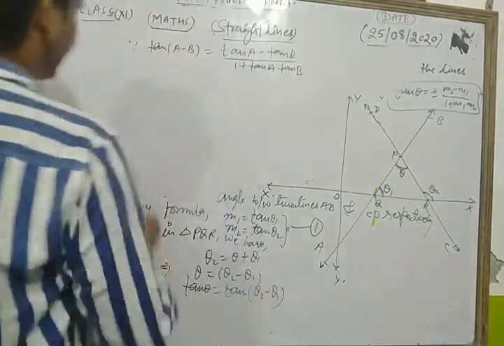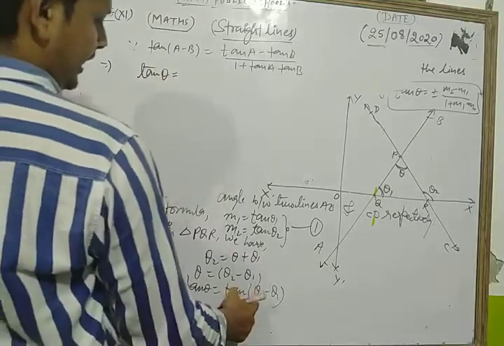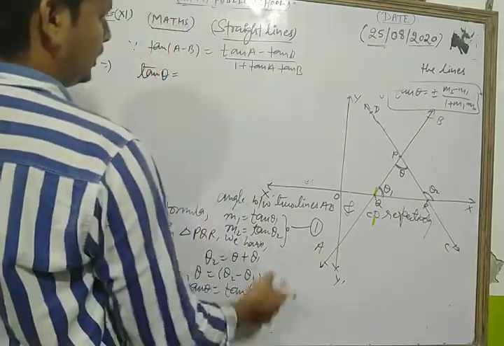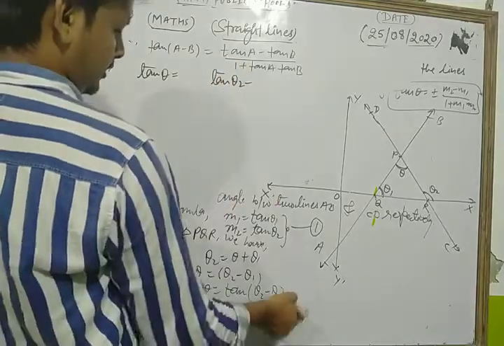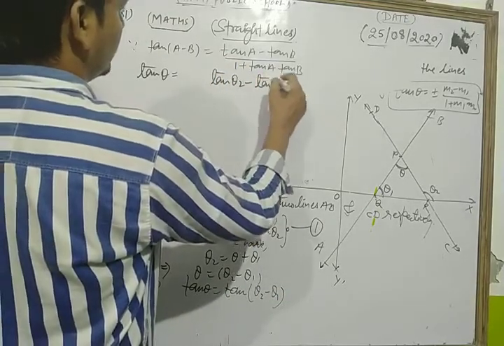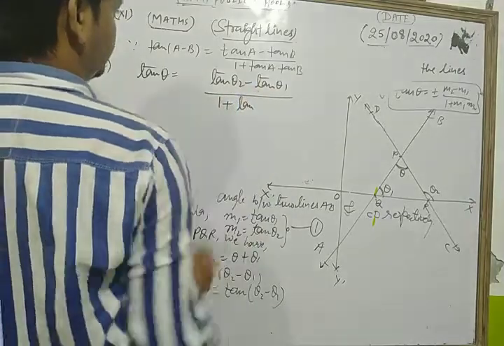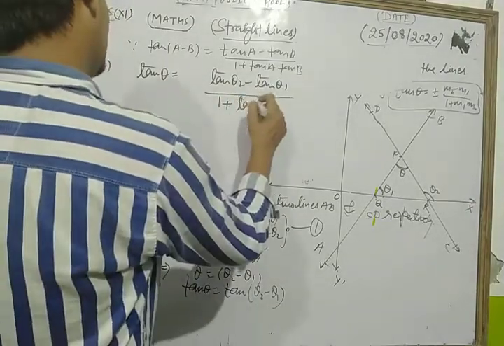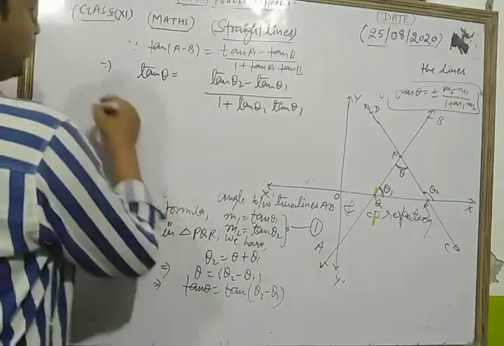So here we write tan theta is equal to, where A is theta 2 and B is theta 1, tan theta 2 minus tan theta 1 upon 1 plus tan theta 2 into tan theta 1. Now using equation 1,